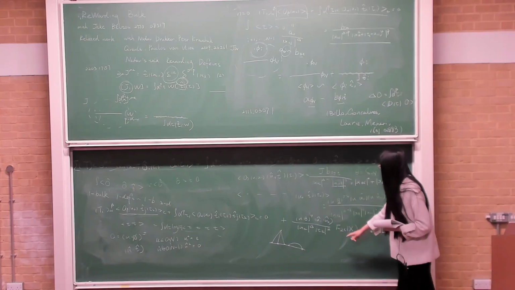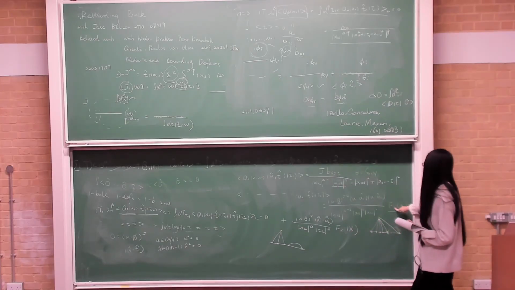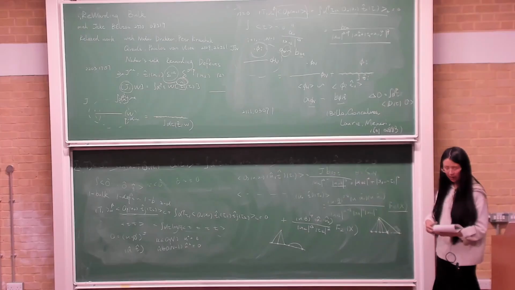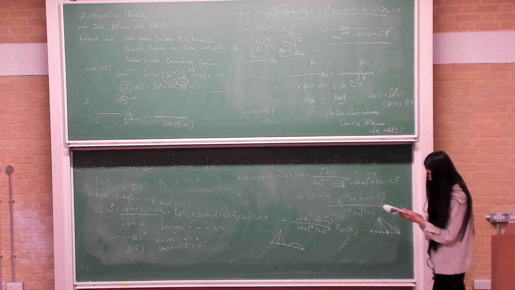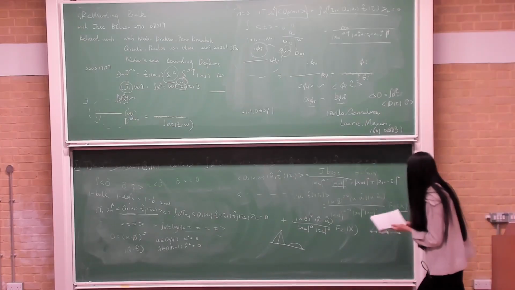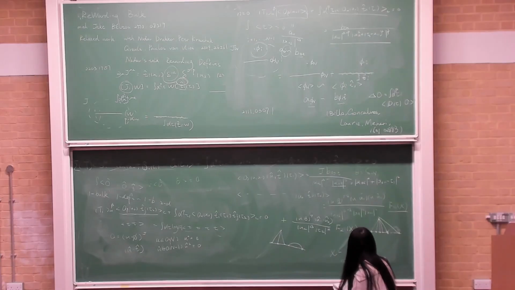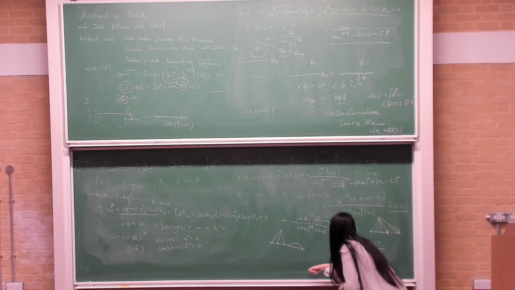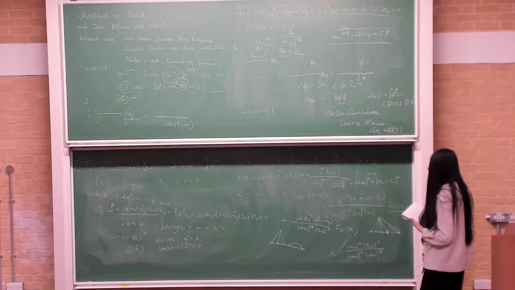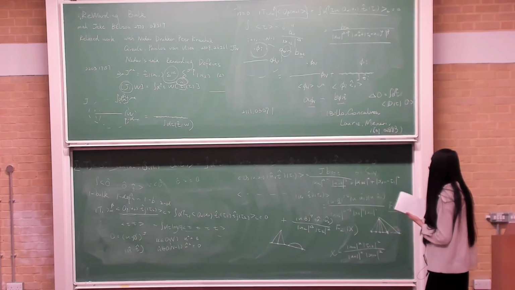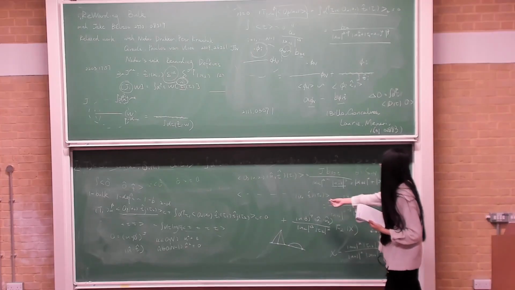And f2 is another function of the cross ratio chi. This cross ratio is defined as